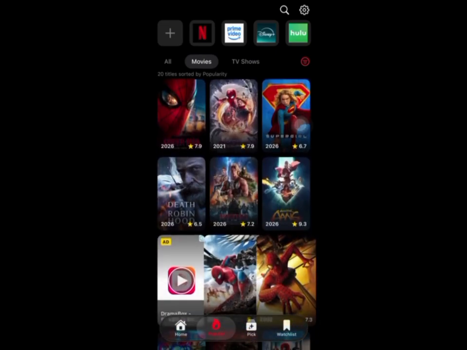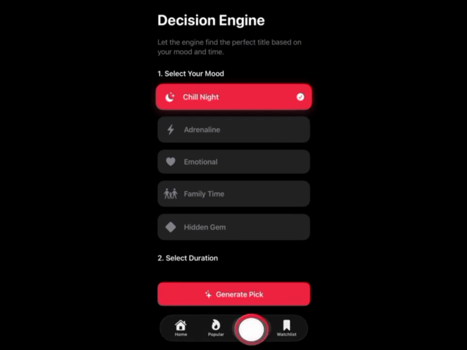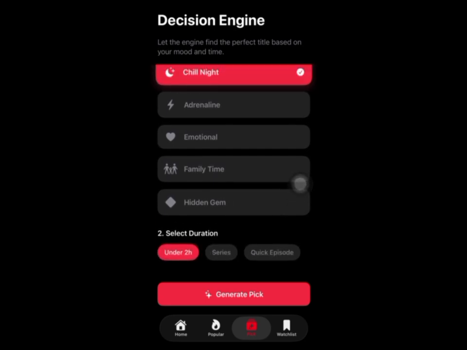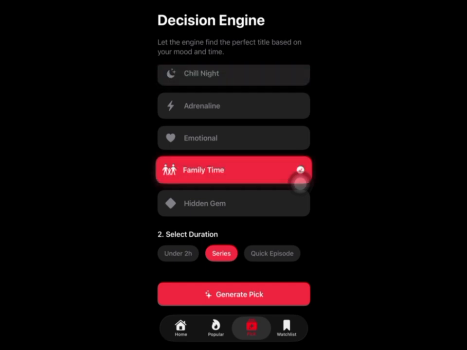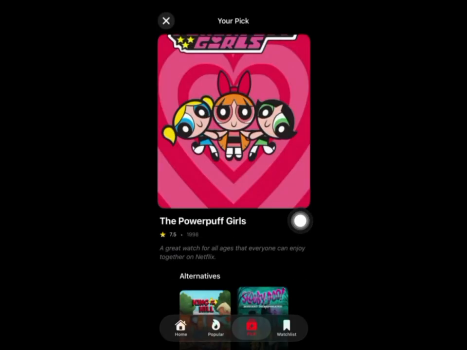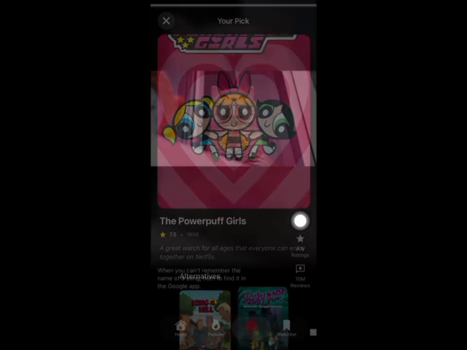So that's really pretty much it for the application. As well, you do have the pick option. I forgot to mention, based on your mood, it will pick a movie for you. So let's say you want a series and you want a family movie, you can tap on the generate quick pick down here. Once you have done that, it will give you the best